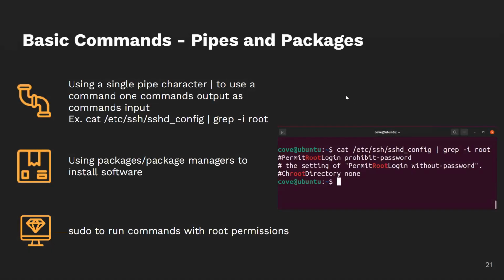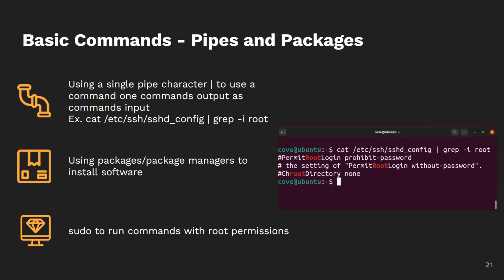Next slide. So the final section of the basic commands: pipes and packages. You can use the single pipe option to pretty much use one command's output as another's input. I mentioned grep for pattern finding. So here I'm using cat to print out the contents of the sshd config file, and then using the pipe to use that output as grep's input. And then I'm using the -i flag for case insensitive and searching for root